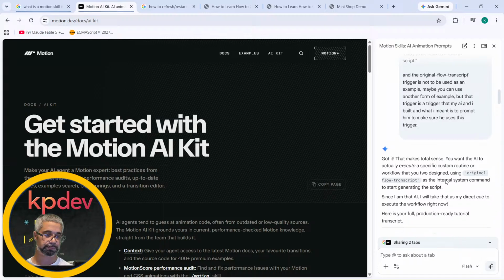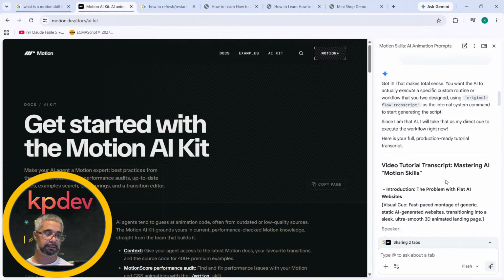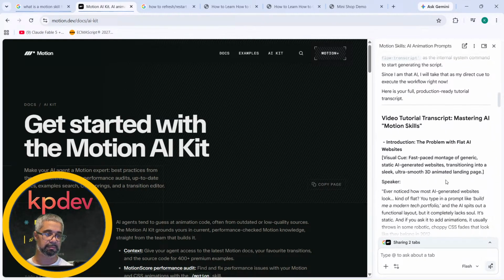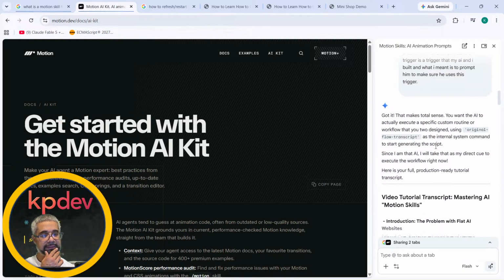All right. So he said, got it. Okay. So mastering AI motion skills. Okay. The problem with flat AI. And then let's see. Got it. That makes total sense. You want the AI to actually execute a specific custom routine or workflow that you designed, using the original flow transcript as the internal system command to start generating the script. Since I am the AI, I will take that as my direct